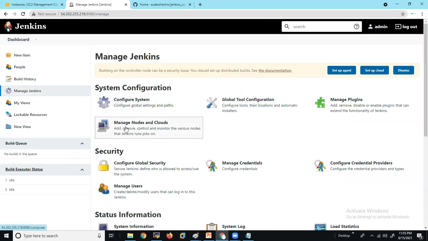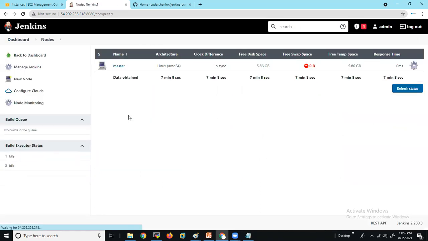Here select Manage Nodes. By default the master node will be there because we installed Jenkins in the master node.